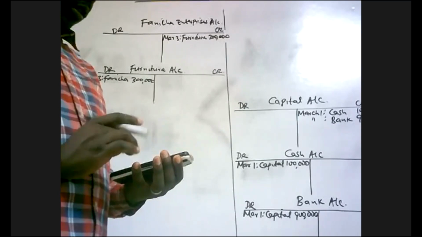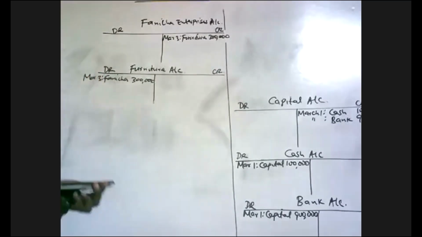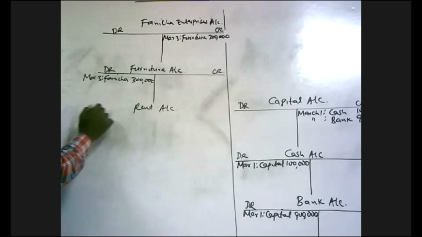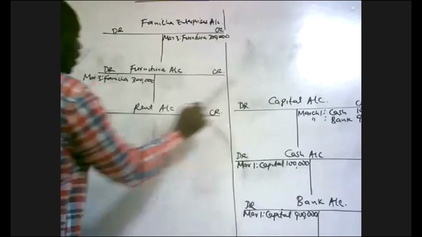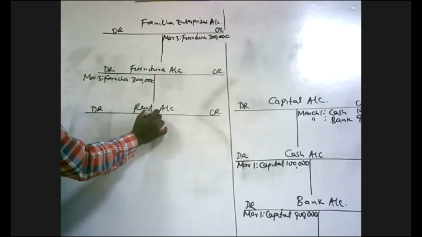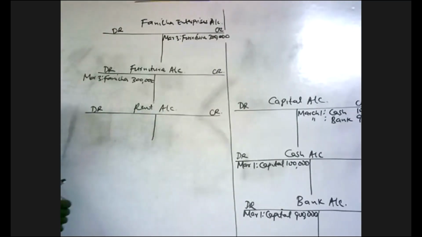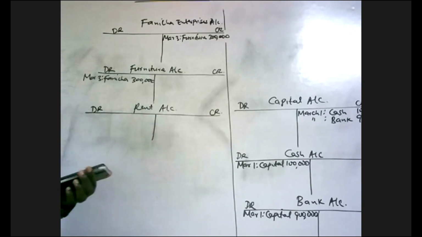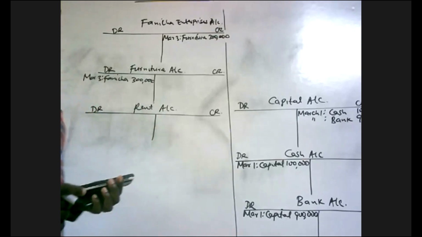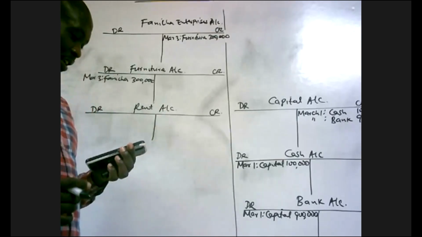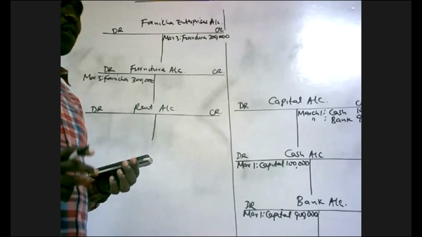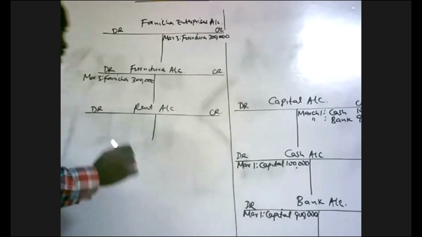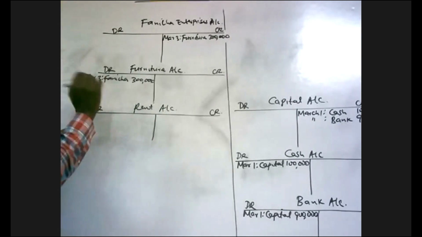You open a rent account. Yes, and you credit because cash is going out. Which account are we going to credit? Rent account, you credit. Is it? No, you debit. Rent paid, debit. Yes, this is rent paid. We only credit rent received, but rent paid, we debit the rent paid or rent expense account by the amount that was